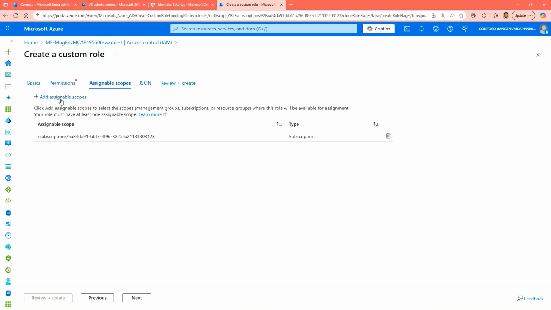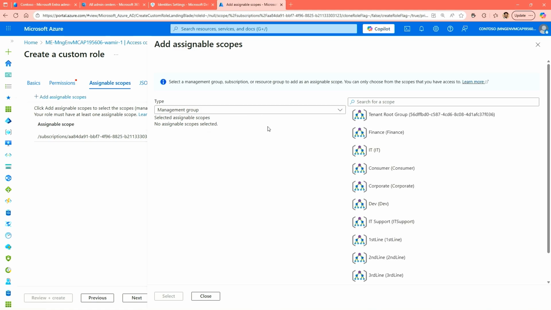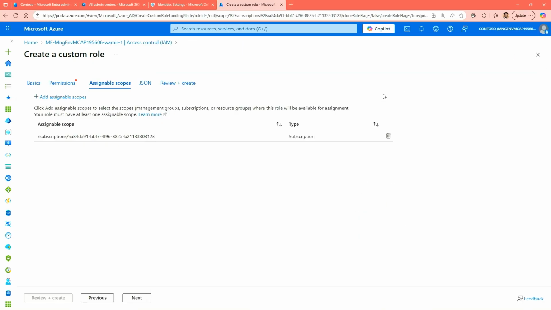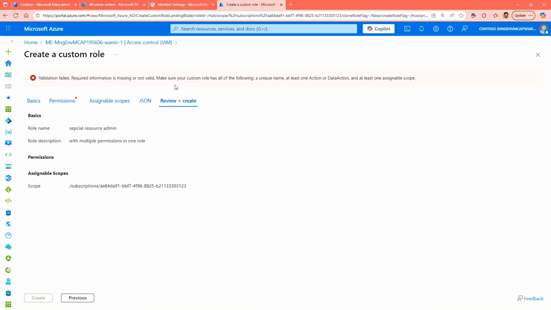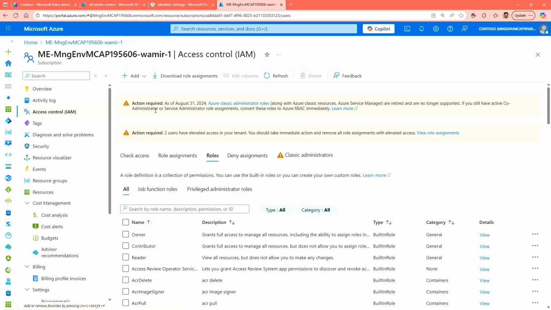You come here and define an assignable scope in terms of either it's going on a management group or if it's going into a particular subscription, so you know where this role can be assigned. Finally, you could see a JSON of what you've created so far, and when you're happy, you can simply click create and review, and you're done with creating a custom role. Again, if there was a need for it, you have the options to be able to create that under your subscriptions tab under creating add new role.